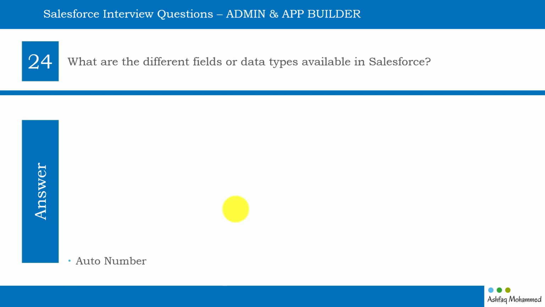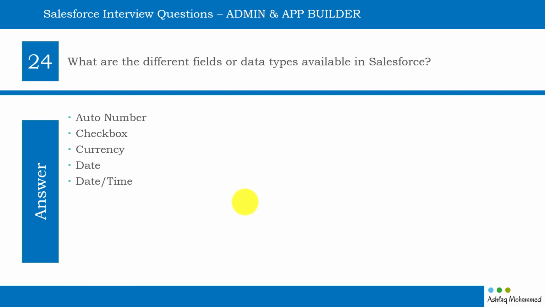The different data types available in Salesforce are auto number. Basically, you can configure it and say start the numbers beginning with 100, right? So whenever you create a new record, it starts with 100 and then 101, 102, 103, and so on. Automatically the number increases as and when you create a new record. And the next one is checkbox. It's straightforward. Currency, if you want to store some dollar value, date time, email,